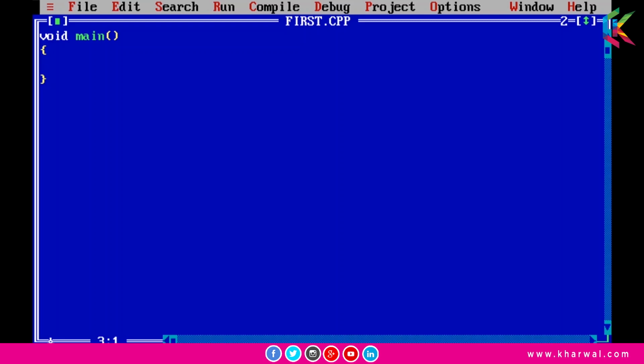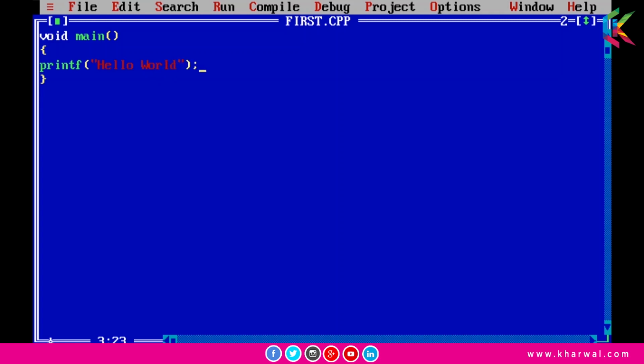And guys, as we know that we use a function to print any string on the console, and that is the printf function. So let's write the syntax of the printf function. Printf means print formatted. It means it accepts input in the formatted form. Now guys, we are going to use an open parenthesis, and then we will use a pair of double quotes, and then we will use a close parenthesis, and at the end we will put a semicolon. Now guys, whatever is written in these two double quotes will be displayed on the console.